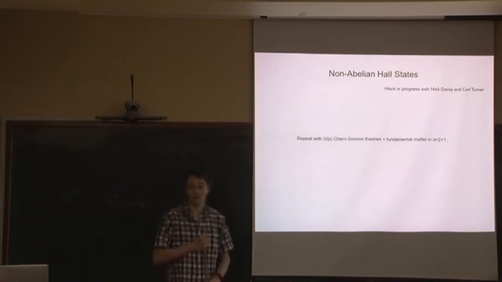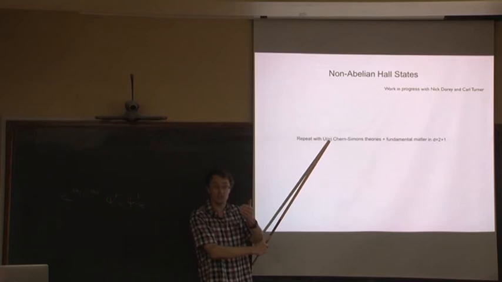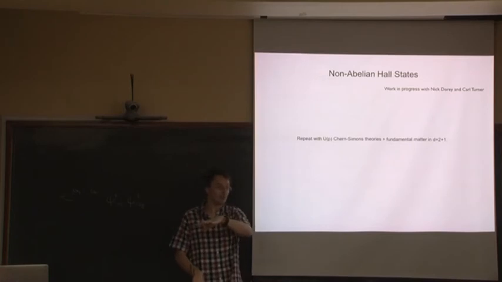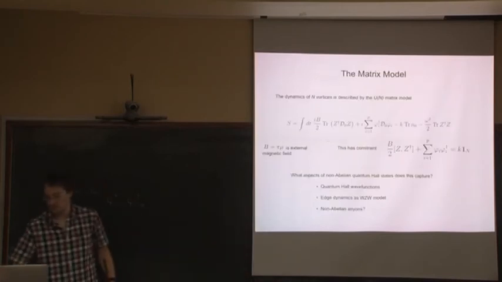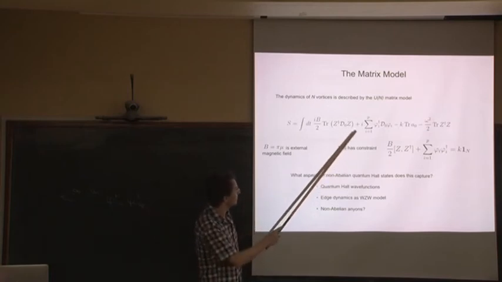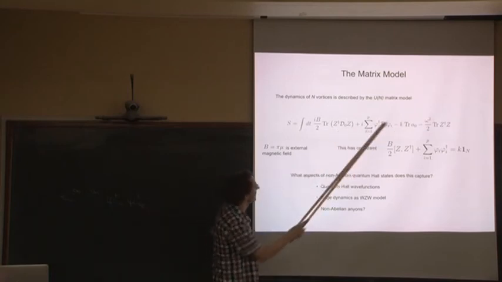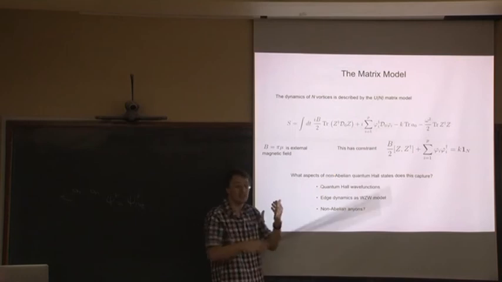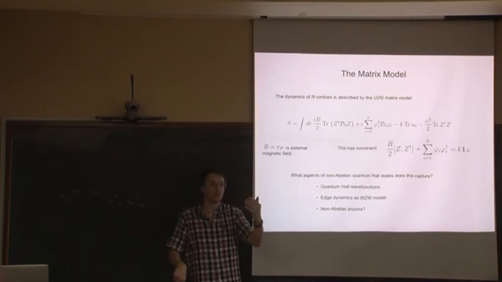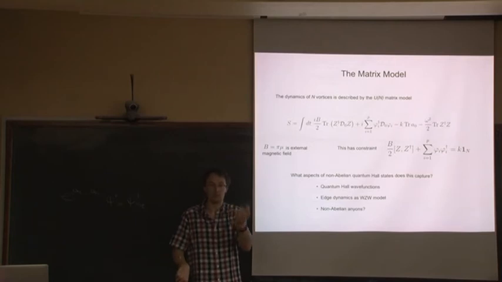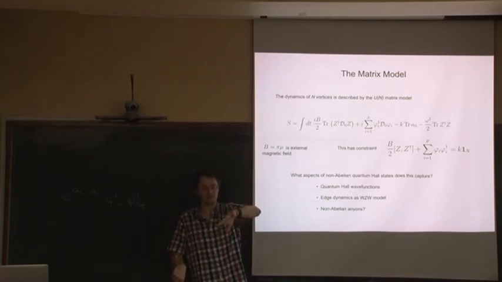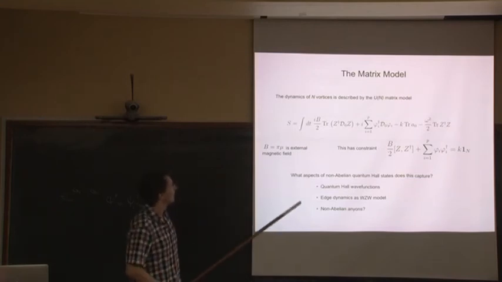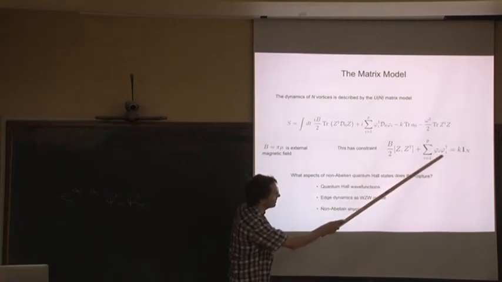All right, so I'm not going to go through all of the story. The basic setup is the following. You start with a 3D Chern-Simons theory called a U(P) non-Abelian Chern-Simons. You work out what the dynamics of vortices is. In the same way, the dynamics of vortices is given by the following matrix model, again something I worked out with Annie long ago. It's exactly the same, except now you have P of these fields. And it sort of makes sense. The matrix model now has an SU(P) global symmetry, so the U(P) gauge symmetry of the 3D theory is manifested as SU(P) global symmetry. This is the constraint. You can see that you just now have exactly the same P of these.